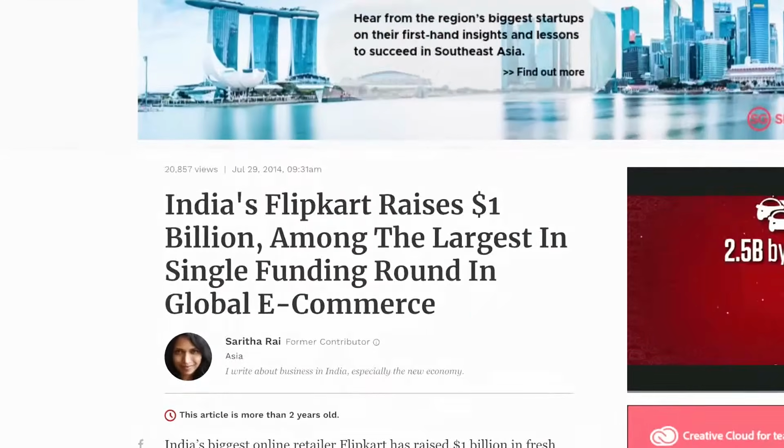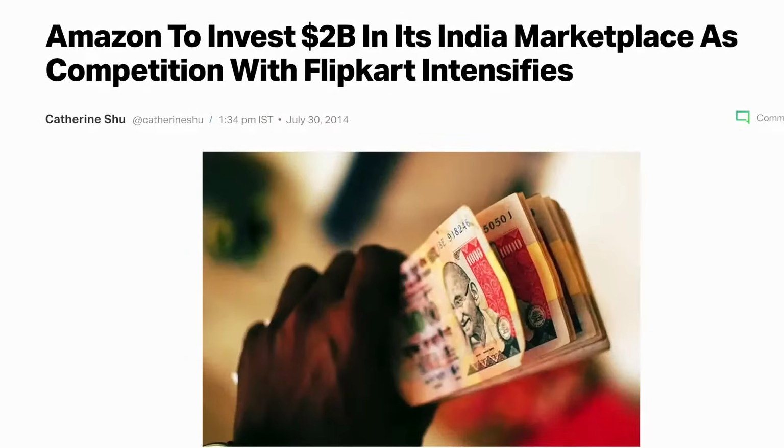You might remember reading some of these headlines in the middle of 2014 where Flipkart, in order to counter the Amazon threat, had raised $1 billion as a fundraise, and then immediately, almost 24 hours after that announcement, Amazon announced that they were now going to invest $2 billion in their India business in order to tap into the e-commerce growth. It seemed as if there were billions flying about in the Indian e-commerce space everywhere you looked at it. And it was in this context that Amazon launched its Aur Dikhao campaign. Have a look at this campaign, and then we will apply reverse marketing principles to it.